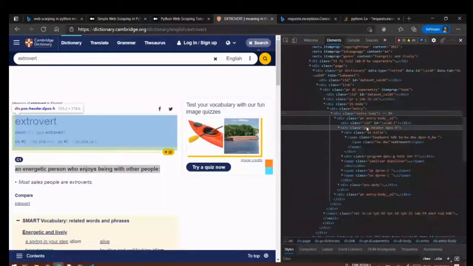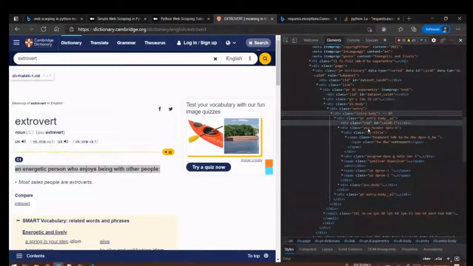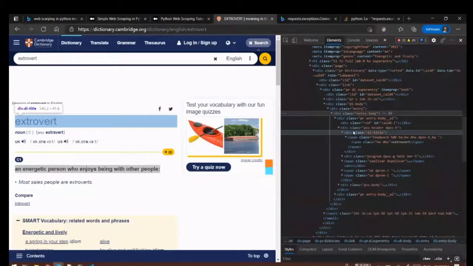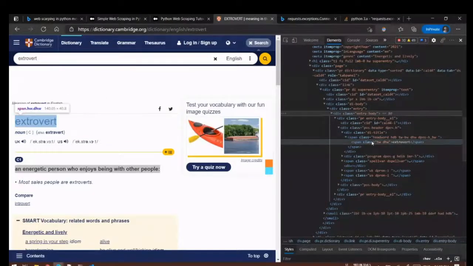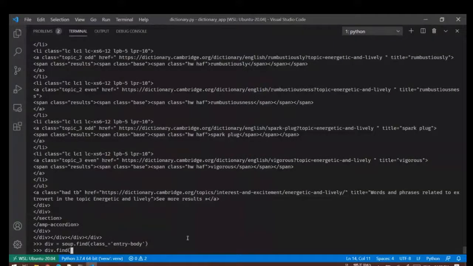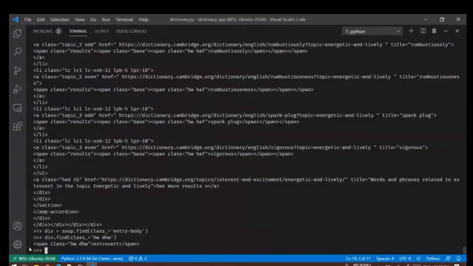So it has to be a span with this class. So I'll copy the class and I'll come here. I'll simply say class underscore equal to and paste. So we are actually getting what we are interested in.